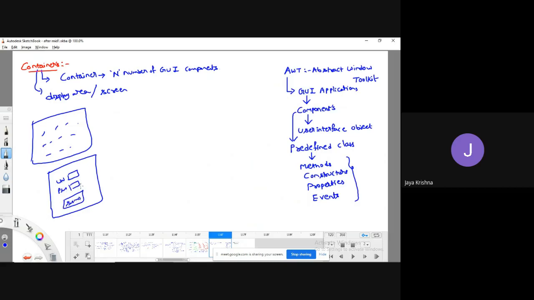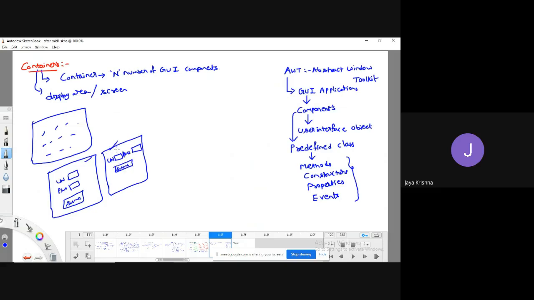If you want to place things in a particular position, you have to add them to the container. Without adding them to the container, you can't display them. So this is the need.